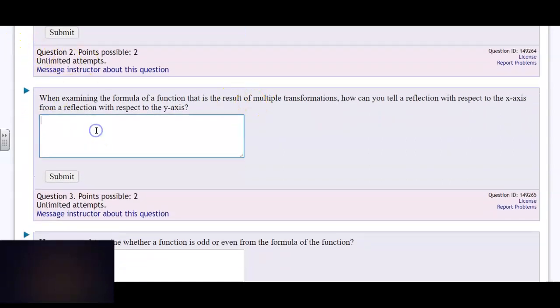With respect to the x-axis, typically if you're multiplying by A and A is negative, then we're going over the x-axis, like we just did in Desmos. And then when we go over the y-axis, then we're going to have